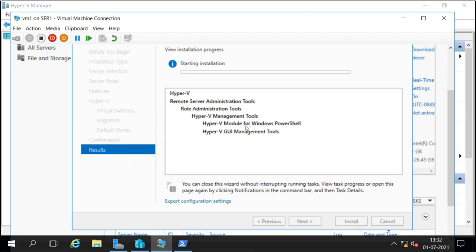So this is how we do nested virtualization, and that is also the new feature we have in Windows Server 2016. It was not available in the previous version, so we can do this nested virtualization, and also we can do it on a Windows 10 64-bit machine, because in Windows 10 32-bit we don't have Hyper-V. Client Hyper-V is only available in the Windows 10 64-bit version.